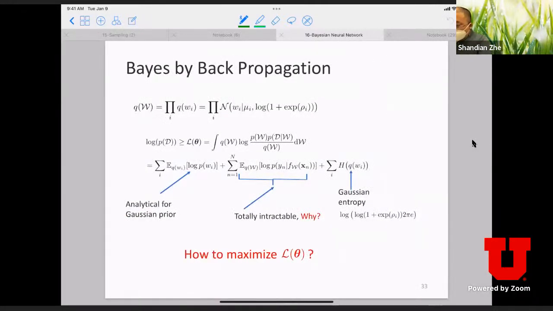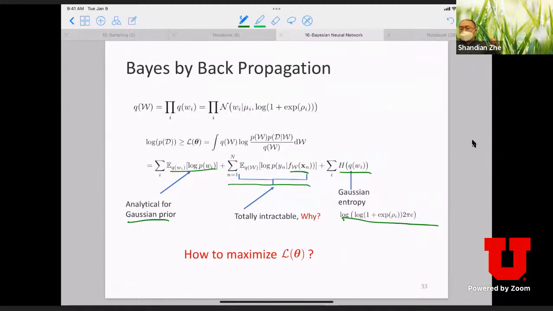So, as we just mentioned, for the first expectation, it is analytical for a Gaussian prior. For the entropy term, this Gaussian entropy is here. It's analytical. Then there is one issue. That is the expectation in the middle. We need to take the expectation of the log likelihood for each data point, which is log P of Yn given the prediction